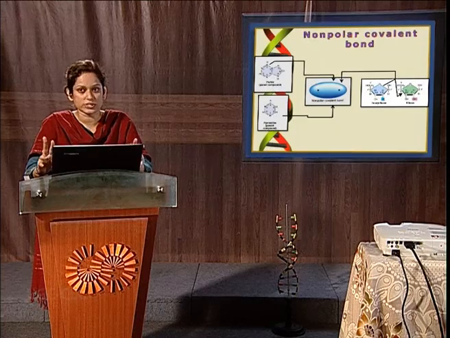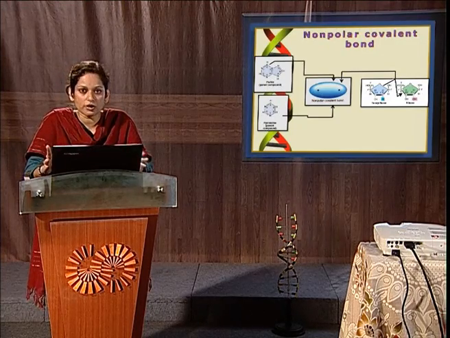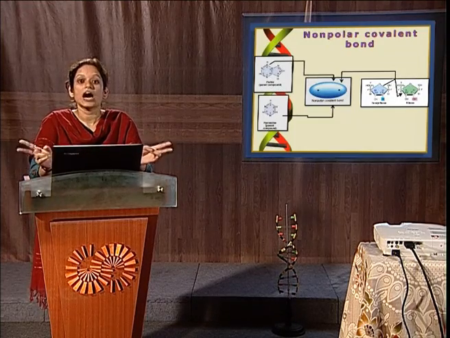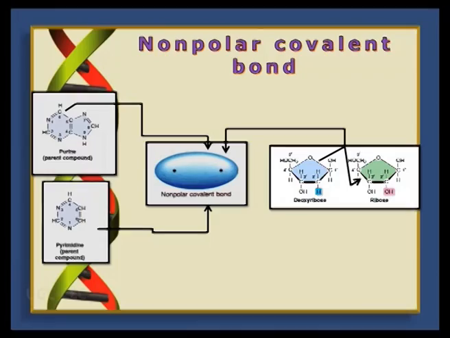The bonds can be broadly divided into two types. One is the covalent bond, another is the non-covalent bond. The covalent bond can further be divided into two types: the non-polar covalent bond and the polar covalent bond. The non-polar covalent bond is formed between two atoms of similar electronegativity or between unshared pairs of electrons. As a result, the electron cloud between them is symmetrical and there is no charge associated with the non-polar covalent bond. Examples are the non-polar covalent bonds between carbon and carbon atoms, and between carbon and hydrogen atoms, of bases, of sugars, etc.